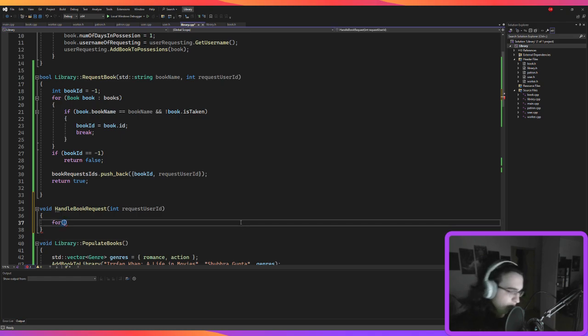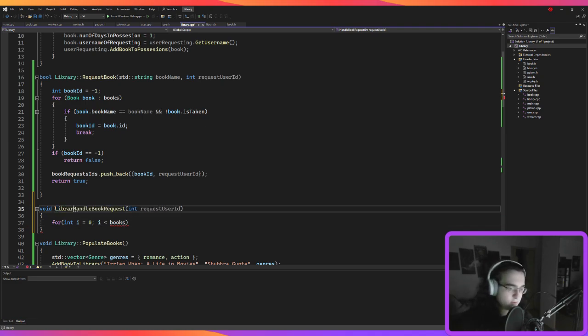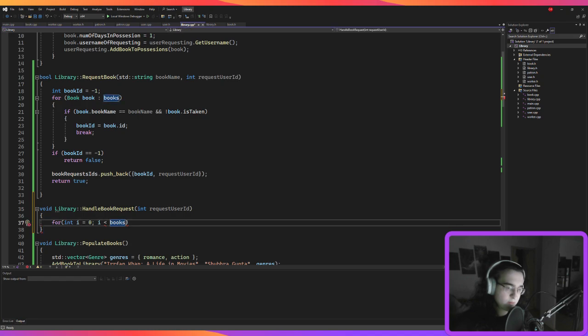Well, let's just go with it right now like that, and I'll see where I'm stuck. Okay, so it's just a regular loop of books, and remember, books dot size plus